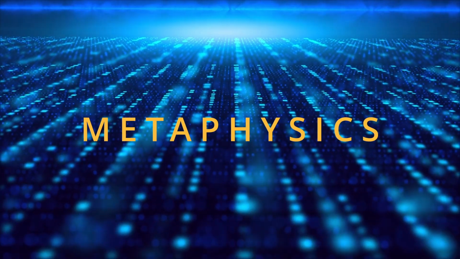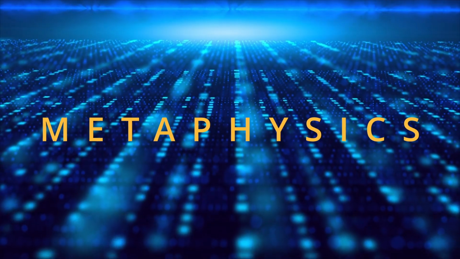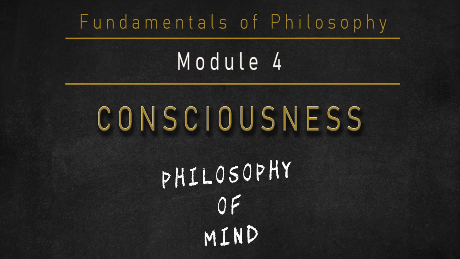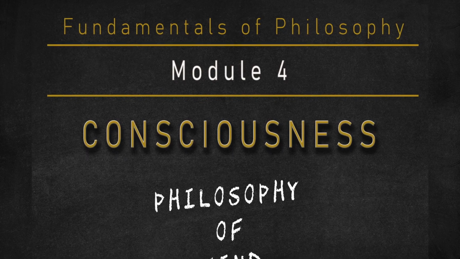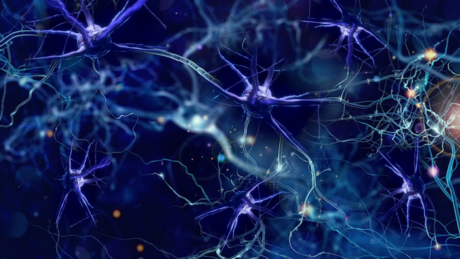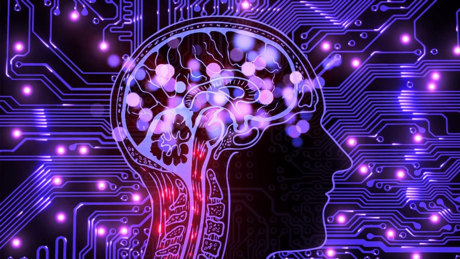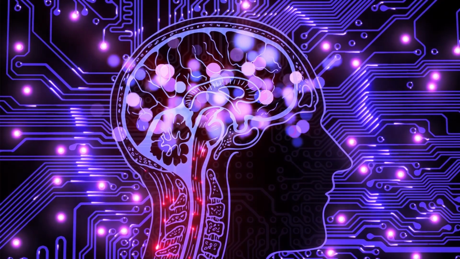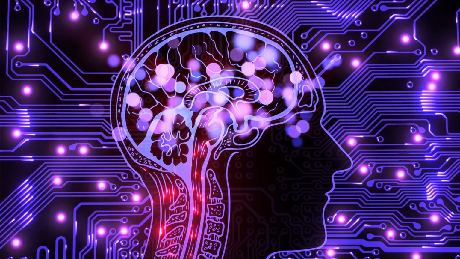With the foundations of philosophy, reasoning, and knowledge established, or at least brought into a more productive uncertainty, we'll move from epistemology to metaphysics, the application of philosophical methods to the study of the nature of reality. Module 4 will investigate the nature of mind and consciousness. What does it mean to have a mind? Is it something different from having a brain and a body? Is a mind something that only humans and other biological animals can have? Or does anything that performs the same sorts of functions as a brain necessarily produce the same sort of mind?